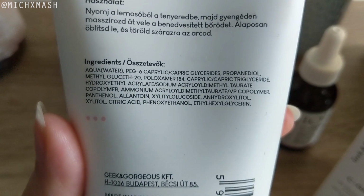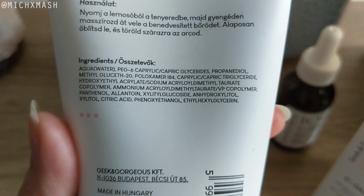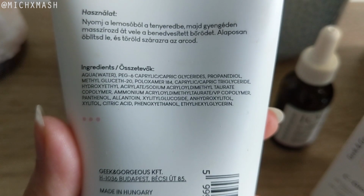The highlighted ingredients are gentle surfactants commonly found in micellar water. They are called PEG6 caprylic/capric glyceride and poloxamer 184. This also contains sugar-based humectants as well as soothing ingredients. The sugar-based humectants in here are called xylitol glucoside, anhydroxylitol, and xylitol. And the soothing ingredients I'm sure you've heard of before are panthenol and allantoin, very common ingredients found in other